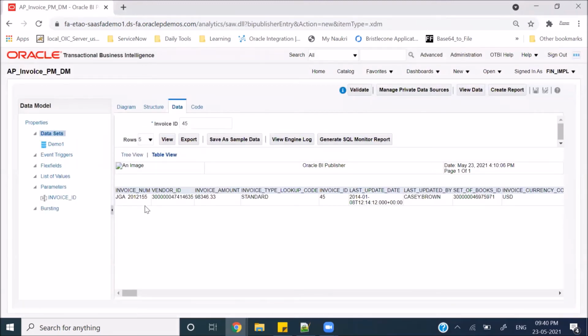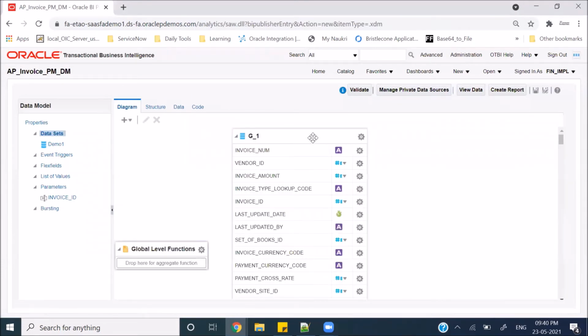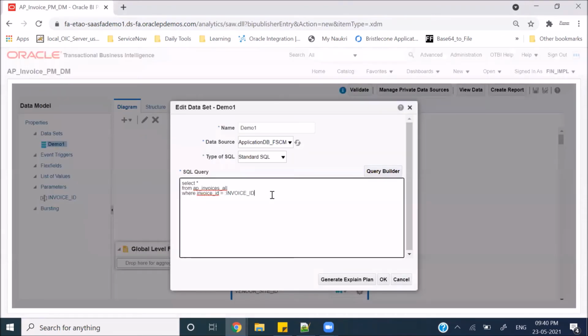So here, let's say you want a specific requirement where you want to pass the supplier ID as well, or let's say vendor ID. Okay. So that particular scenario also you can do. The vendor ID you can take from here, and in the where clause you can put where invoice ID equals to this and vendor ID equals to this. So while you will be doing vendor ID equals to value, that also you need to create same as a parameter, which will come up over here. And then you will be able to see two parameters over here. Just pass the values to it, and then only the data will come to you. So this is how you can create any of the report which is based on parameter, or you can say which is a parameterized report.